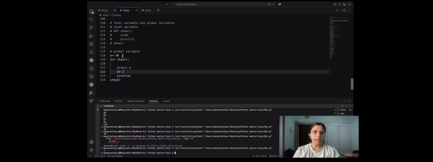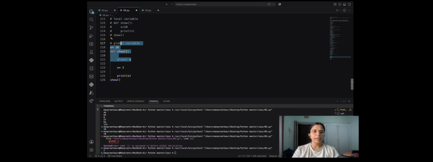I have declared a variable x is equal to 10, which is a global variable. I have created it outside of this code. Then again I declared that variable inside, and told the interpreter x is equal to 10. After that, I wrote x, then print x. Why is it giving 2 instead of 10? Because a local variable has more preference than a global variable.